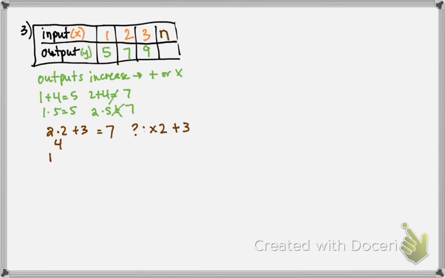So if I have 1 times 2 is 2, and I added 3, I get 5. Okay, that's good. Let's try the next one. So 3 times 2, that is 6. If I add 3, I get 9. Ooh, I just figured out the pattern. So the pattern